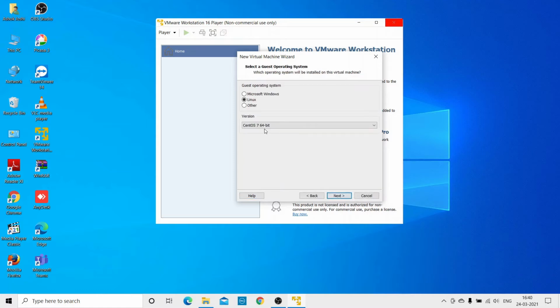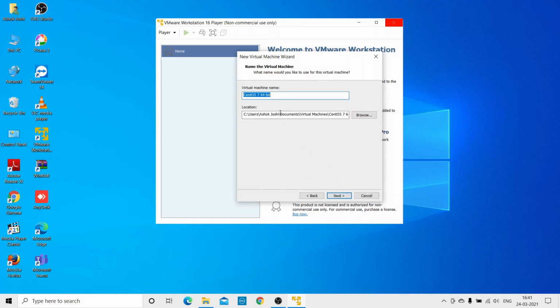So click on next. Now here, guest operating system. Here is the operating system which will be installed on this virtual machine. So CentOS, it is a Linux distribution. So we will click on this Linux and we'll click continue.